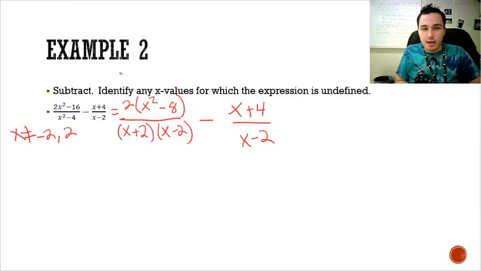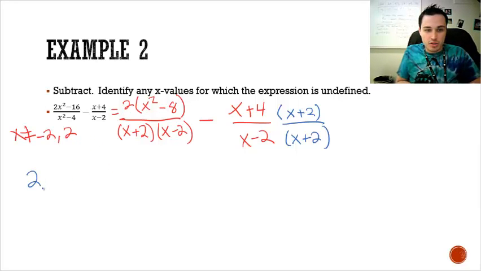And then now, like I said just a second ago, the missing factor to make them all have everything in common is to multiply times x plus 2 on both top and bottom. Okay, it's funny, it's the same thing as problem 1 was. All right, well, let's simplify what we've got here. I am going to have to distribute and FOIL on these so that I can combine like terms. So when I distribute on the top of this fraction, that would be 2x squared minus 16 over the x plus 2, the x minus 2,